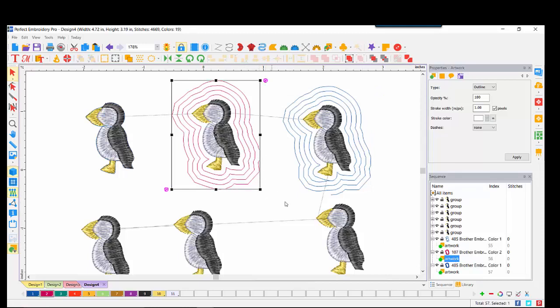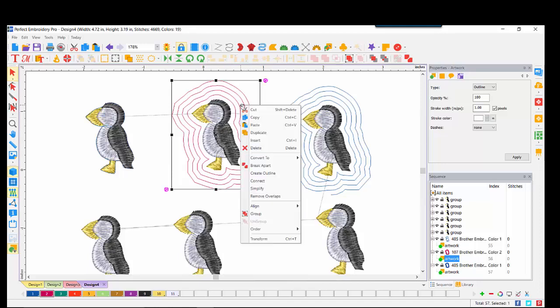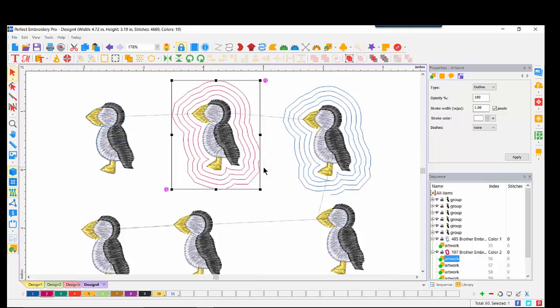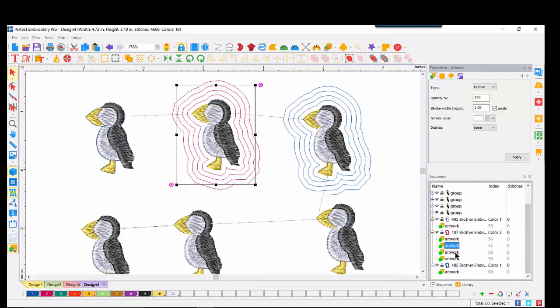These 4 layers of outline are considered one piece of artwork because we created them together. If I need those lines to be separate lines, with it selected, I would do a right click and come down here to break apart. Now if you take a look over here in sequence view, each one of those outlines is a separate piece,